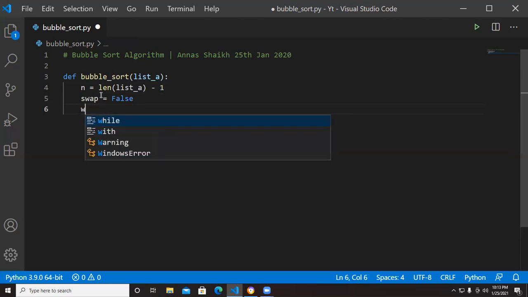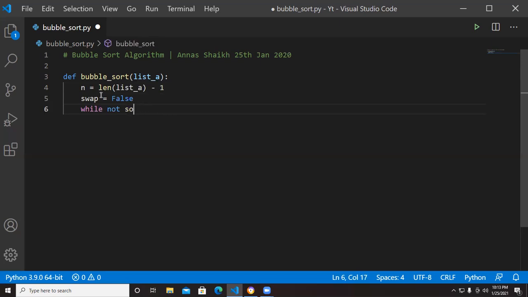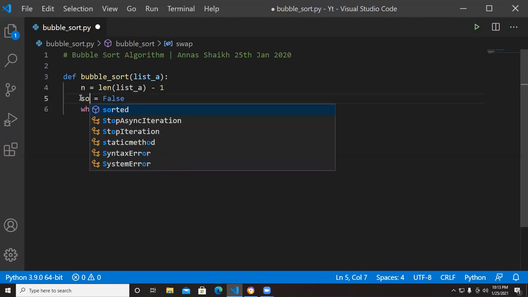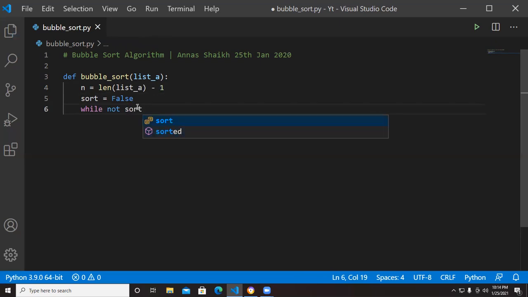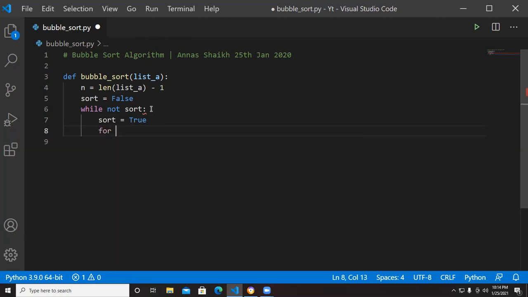While not sorted, and then I have done this part, loop over each element now.